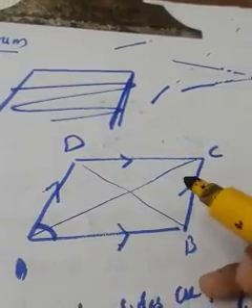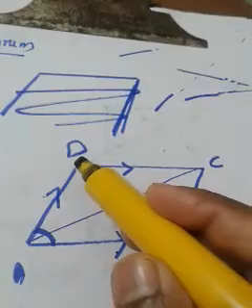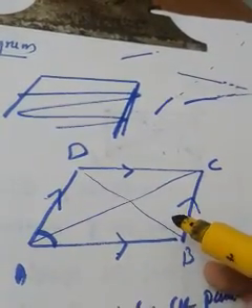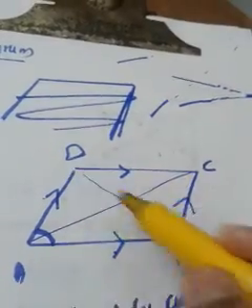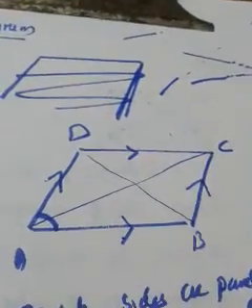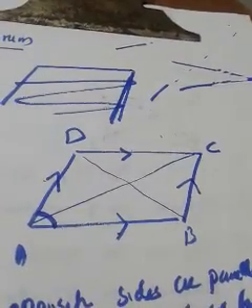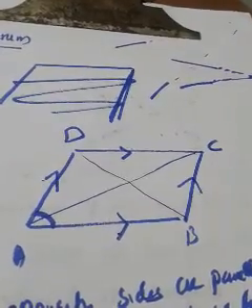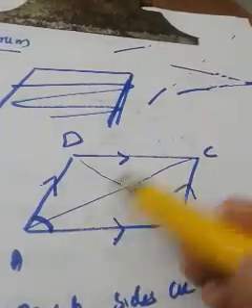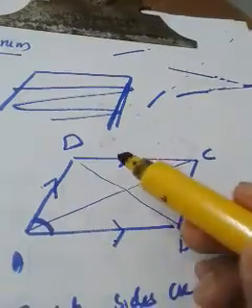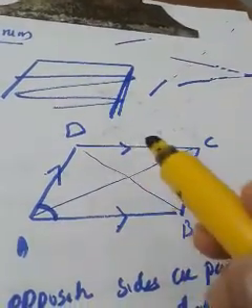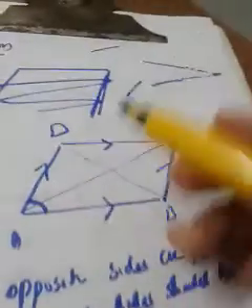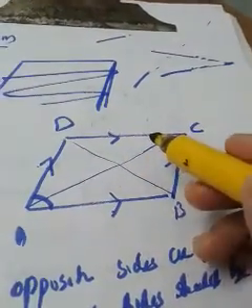So the next property is about the diagonals. The diagonals of a parallelogram can be equal, or cannot be. We cannot say anything about the diagonals. In rectangle and square, you have to be very attentive in the class, because these two concepts are very important. In square and rectangle, diagonals came out equal. But in the case of a parallelogram, we don't know whether the diagonals are equal or not. It can be equal, it cannot be.